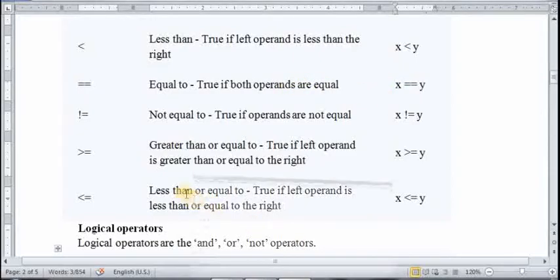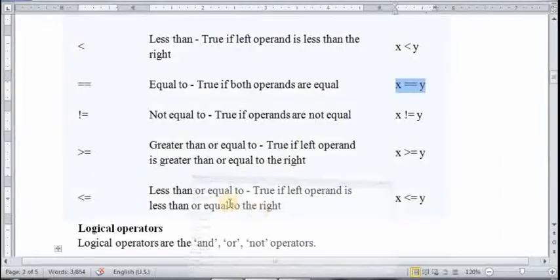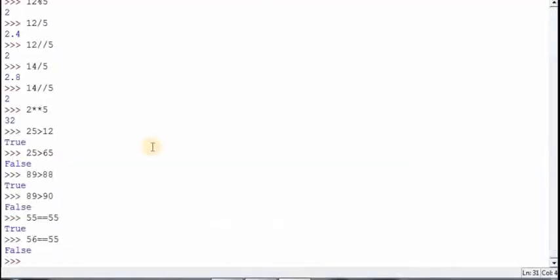Okay, let's take an example. For example, I want to check 55 is equal to 55. Yes, it is true, so it will return true. If I check 56 is equal to 55, it will return false. Now the next type of operator is not equal to. For example, 55 is not equal to 56. So is this condition true or false?